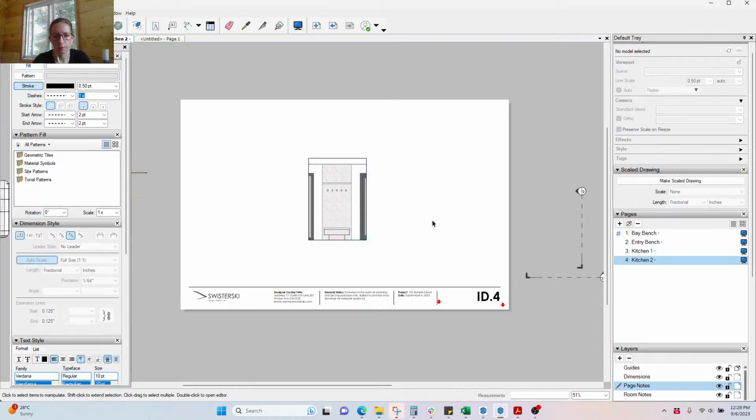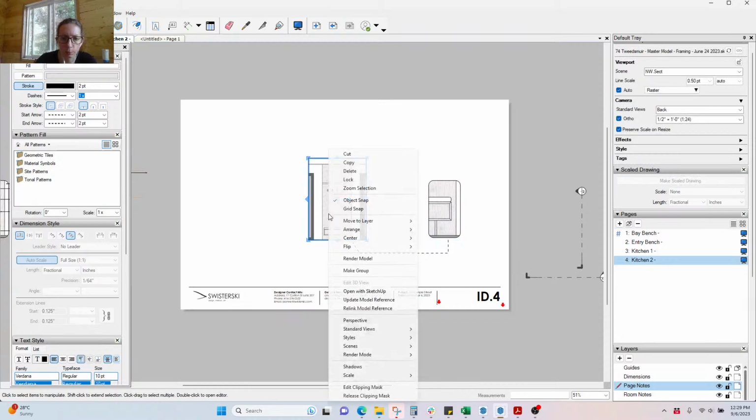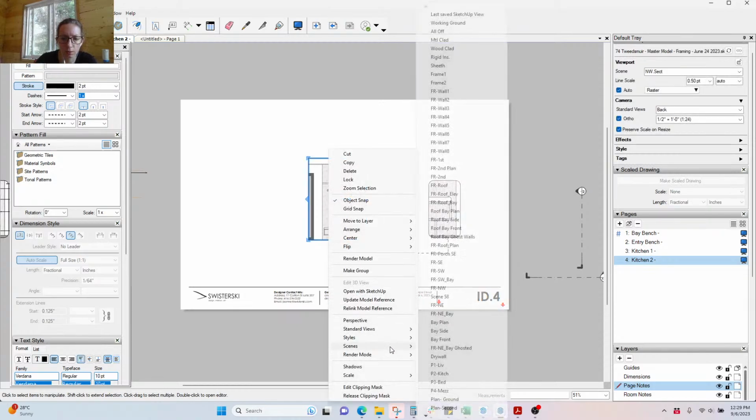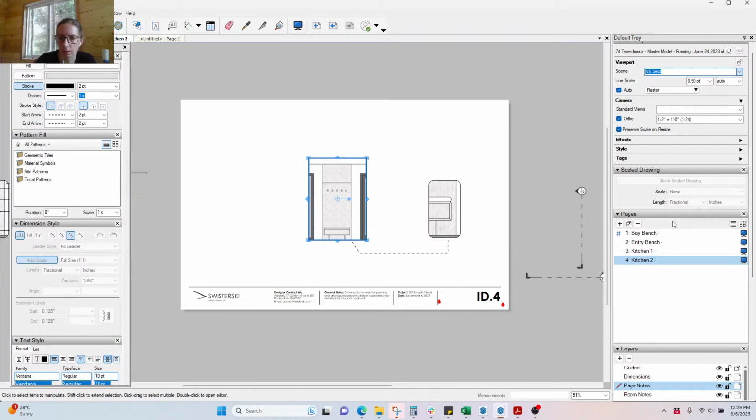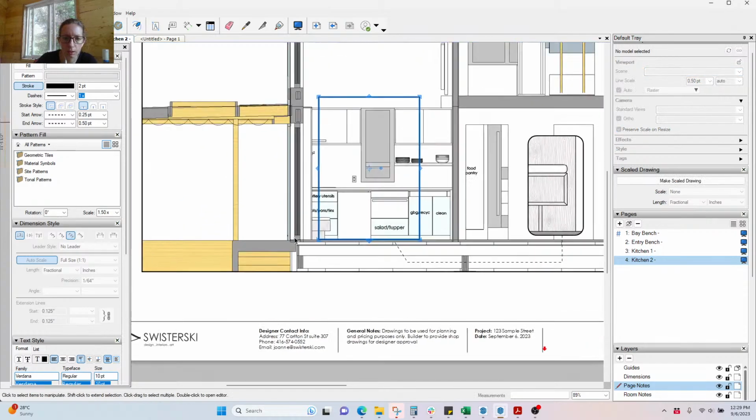Oops, I didn't need to get rid of that viewport. Just going to get rid of the dimensions and everything that might get really messed up when I change the viewport. So scenes, oh, I did it again. Okay, I'm going to use the scenes here. So I want the northeast section, and then I'm going to have to adjust my